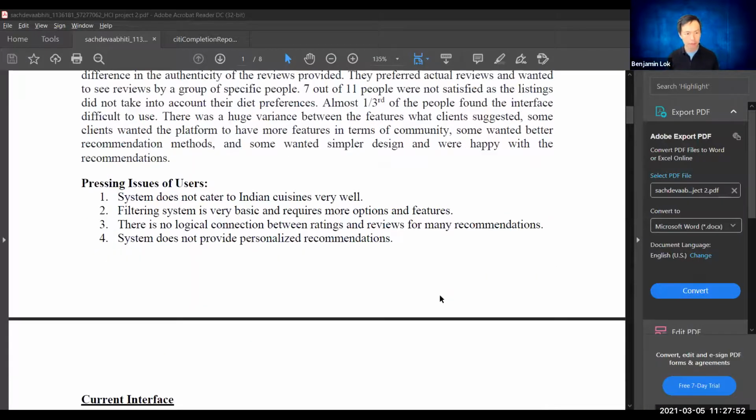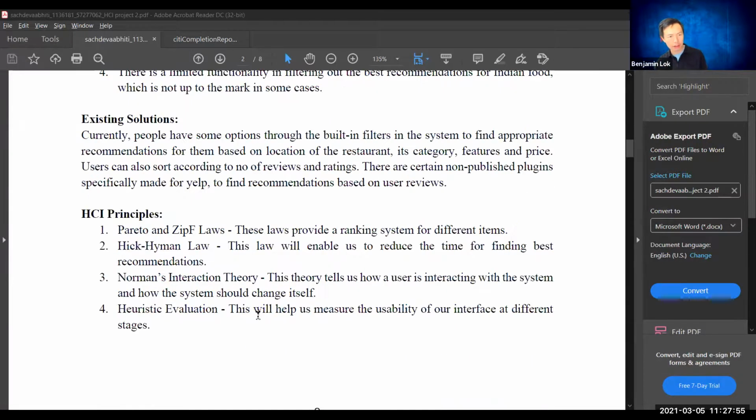Can you bring up their document? And yeah, we had the two groups because they have a similar concern here. So, okay, as I recall, this is saying, hey, we want to help folks, perhaps mainly UF students who are going to be new to the area. They want to come here, they want to eat food, but Yelp is not very catering to them, correct? Right. So what is the main problem? What do they struggle with?